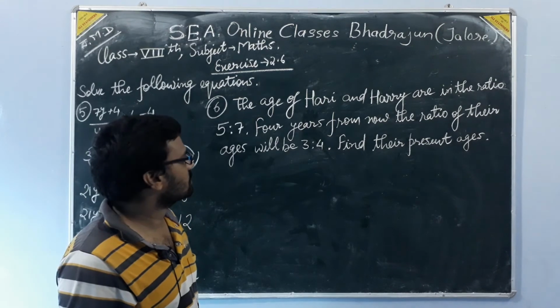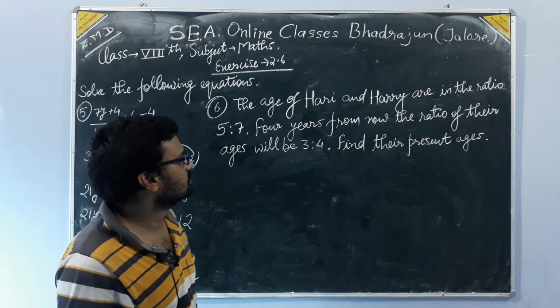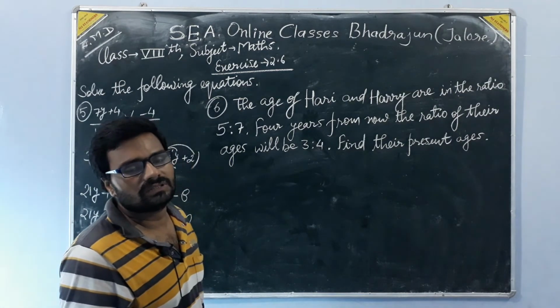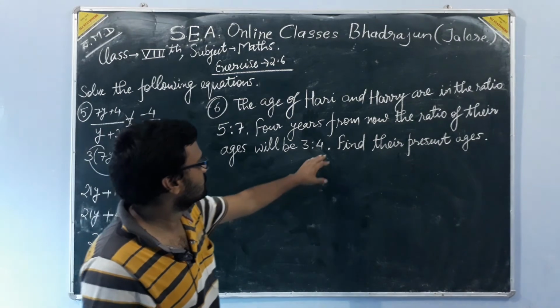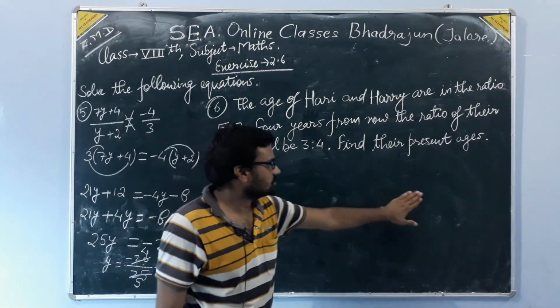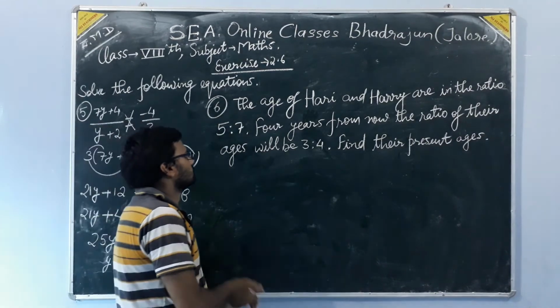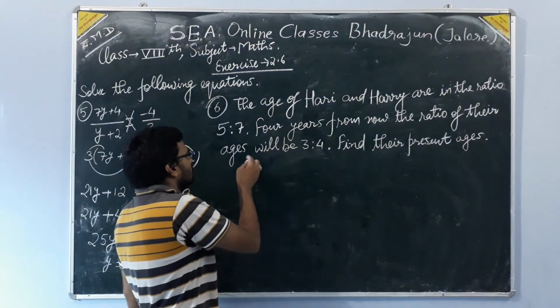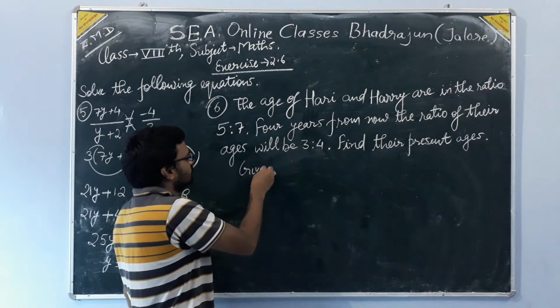अभी से 4 साल बाद, the ratio of their ages will be 3:4. उनकी एजिज का जो रेशियो होगा वो क्या बनेगा, आपका 3:4। 3:4 बनेगा उनकी एजिज का रेशियो, ठीक।